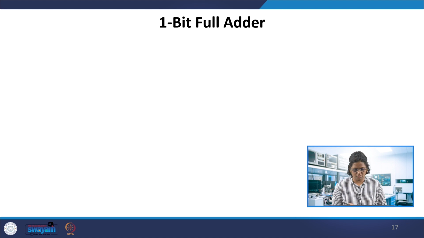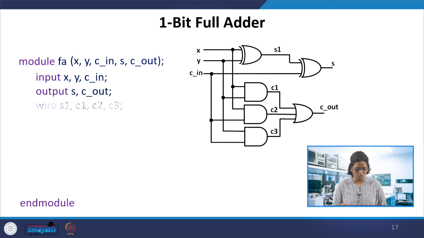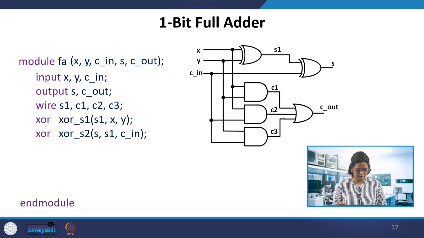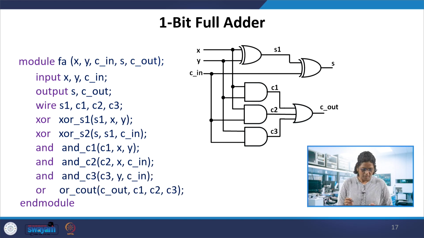So one bit, this is the full adder. Again, what about the other modules? Like we can see the structural model. I would just give what we have given. So module, full adder is the module name, the inputs X, Y and Cin, that is what we have taken, and the sum and the Cout are the outputs. So here inputs are declared as X, Y and Cin, and the outputs S and Cout are declared.